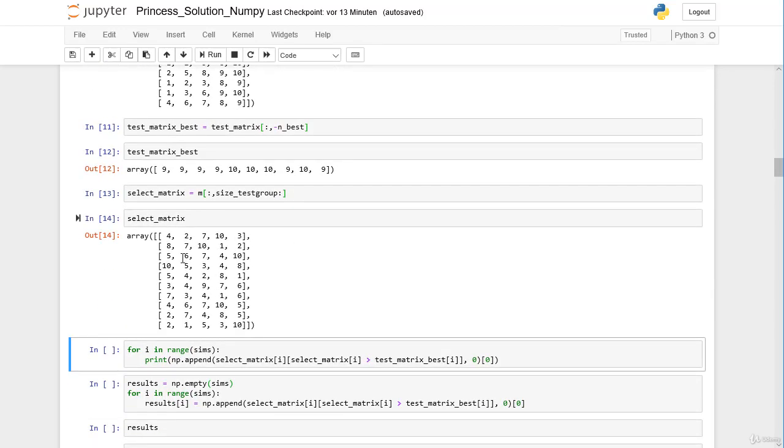And now we have for our 10 simulations our select group. So we have here for the first simulation our first select group, for the second simulation the select group, and so on. And here we have the reference princes for all simulations. So for the first simulation we have 9. Now we have to compare all princes of our select group if they have higher quality. So we have to compare here 4 and 9, 2 and 9, 7 and 9, 10 and 9. So 10 is better than 9, and in our very first simulation we would select actually Prince Charming with the